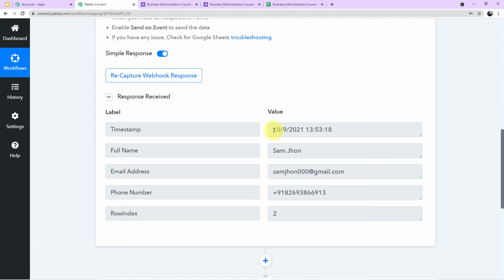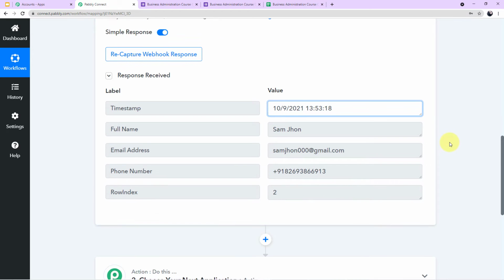Here, if you can see, the time and the date have been merged together. I have mentioned the column for date in my certificate. I haven't mentioned anything for time, so I don't want the time here. I only want the date. So we have to split both of these. For that, we have to perform a step. Let me tell you what.